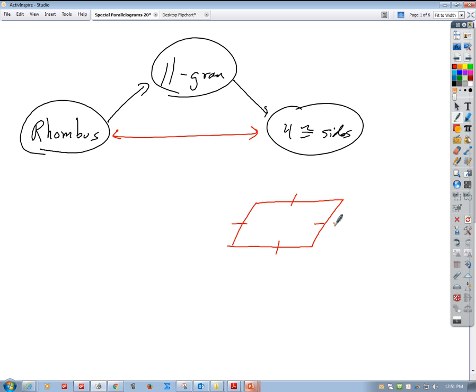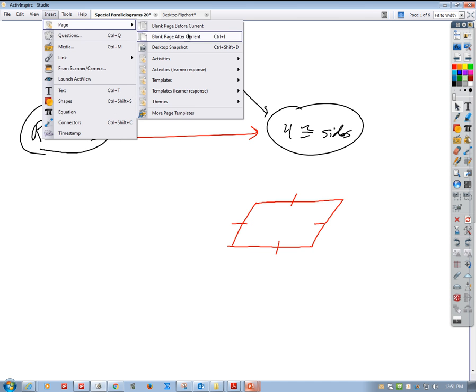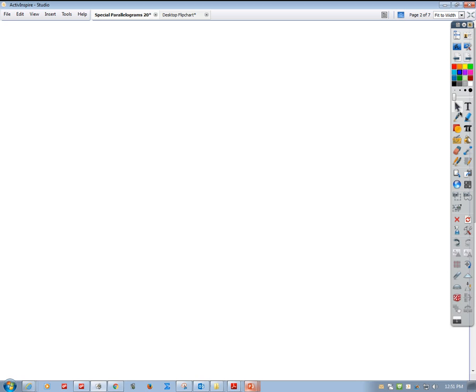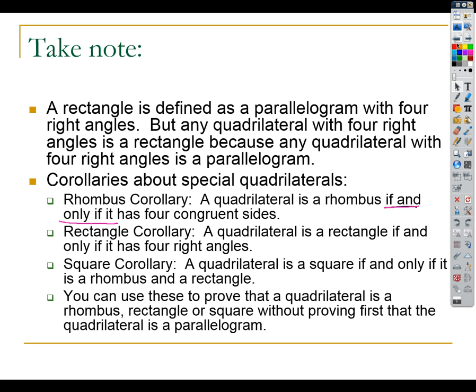Yep. So if you have a quadrilateral and it's got 4 congruent sides and 4 congruent angles, can we bypass both parallelogram and rhombus, or parallelogram and rectangle, and just go straight to square? Yes, we'll take a look. I'm glad you brought that up. Just clarifying things. So yeah, let's quickly look at